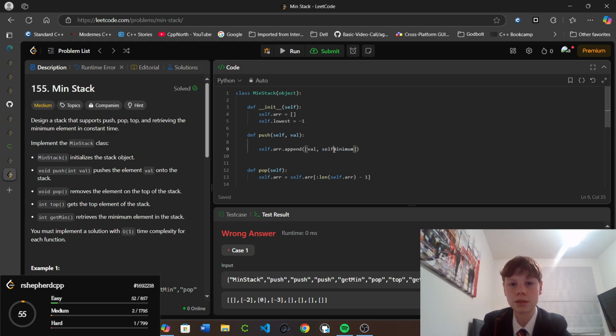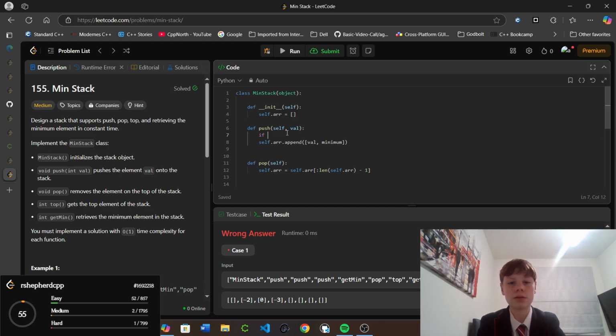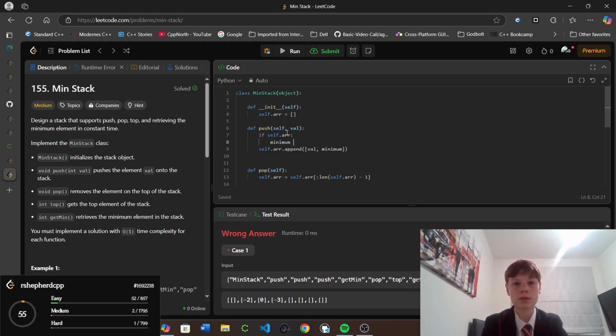Okay, so we won't actually even need this. So we can do if self.r, well, if there are values in it, we can do minimum equals, what's the Python? Min. Okay, so min of val and minimum. I think that's right. Oh wait. Oh, okay. So here it's self.r